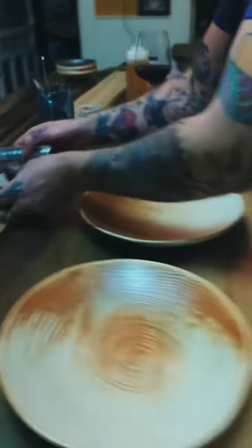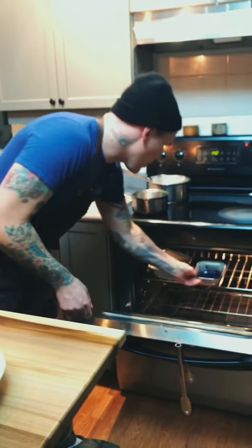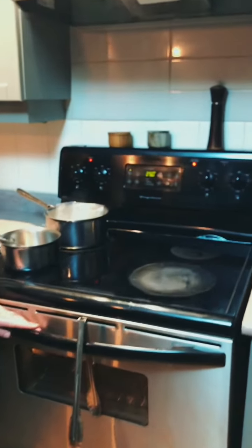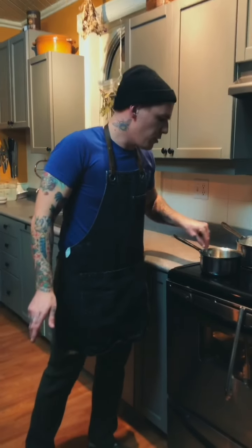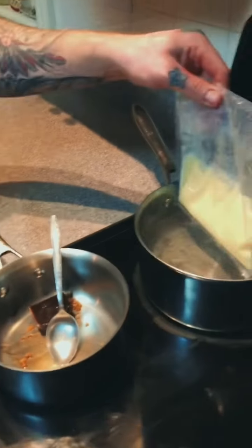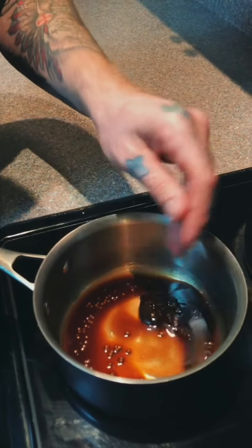So during this time, the pork will be in the oven. So I'm just gonna pop that back in the oven. You got your pork and your apples and your cabbage. So that will take, for the pork, roughly about 15 minutes to reheat. And then the cabbage, about 7 to 8 minutes to reheat too as well. So I'd throw your pork in, and your puree for this dish will just be in the simmering pot, which we talked about in the last video. In a sense, very, very condensed